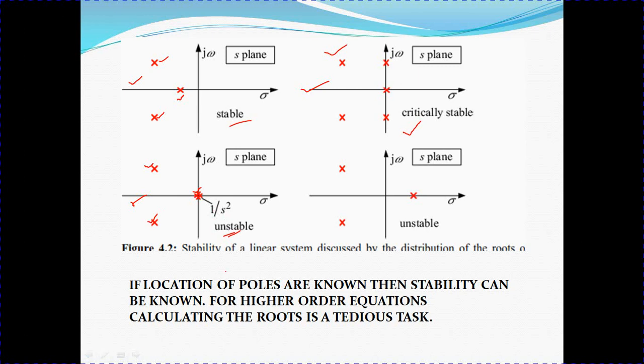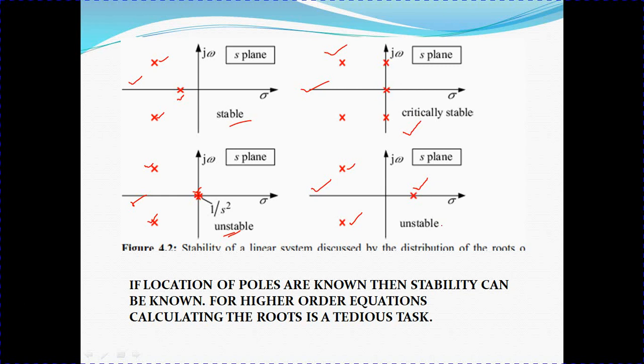Similarly, now in the last figure you can see the number of poles is 3. These 2 are complex conjugate poles which are located on the left hand side of the S plane, but you can see here one pole is located on the right side of the S plane. So whenever the poles are located on the right side of the S plane, the system is going to be unstable. So this you must remember. Now the stability depends upon the location of poles in the S domain.